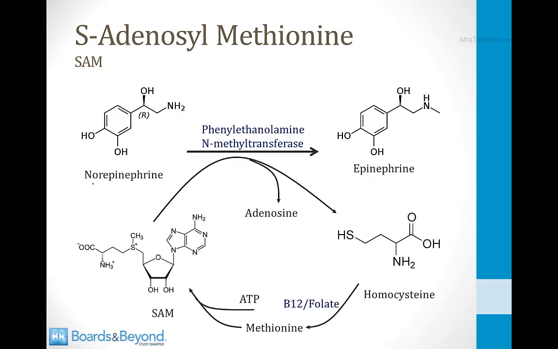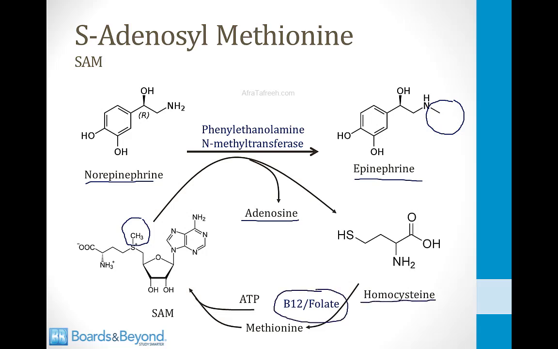So back to our big picture slide, we can convert a molecule of norepinephrine into epinephrine by the addition of a methyl group to the end of norepinephrine. That methyl group comes from this position on a molecule of SAM, and if we remove the adenosine, we will be left with the amino acid homocysteine. Using the vitamins B12 and folate, homocysteine can be used to regenerate methionine, and then methionine plus ATP can be